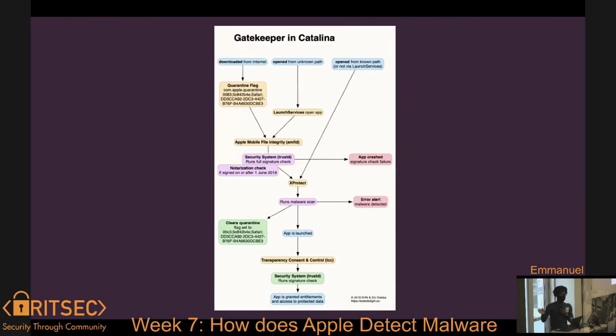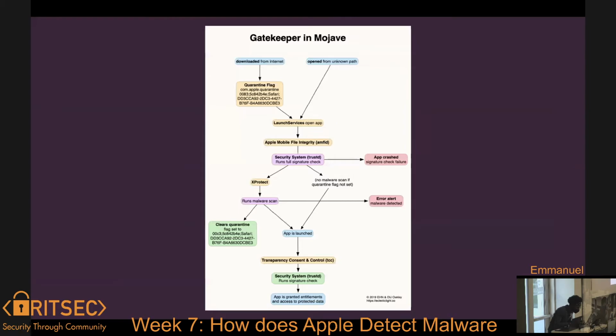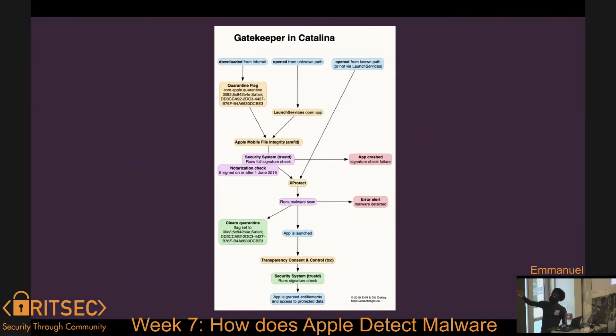Now this is Catalina, the version before the current updates, and it does a little bit more. It adds more checks. As you can see on this side, rather than just having one huge Gatekeeper check, it does a lot. One second, I want to double check on something. Okay. This is the image for Catalina and how Gatekeeper works. It's much more complex. I'm still trying to understand more of this, so I cannot really give details of how everything works.